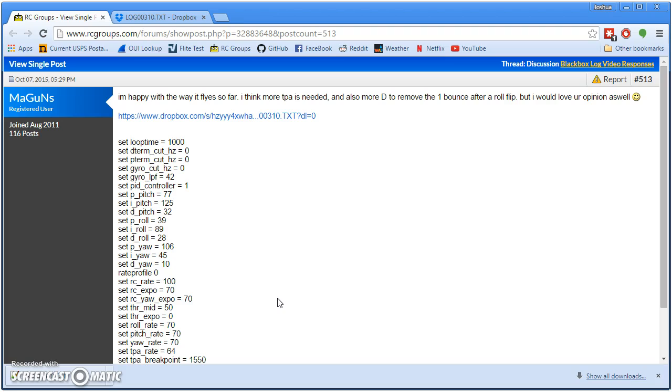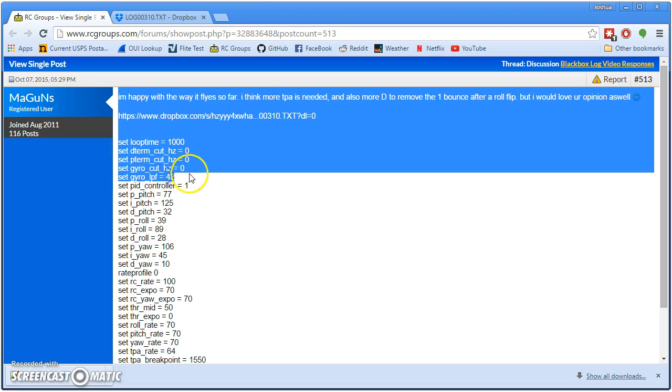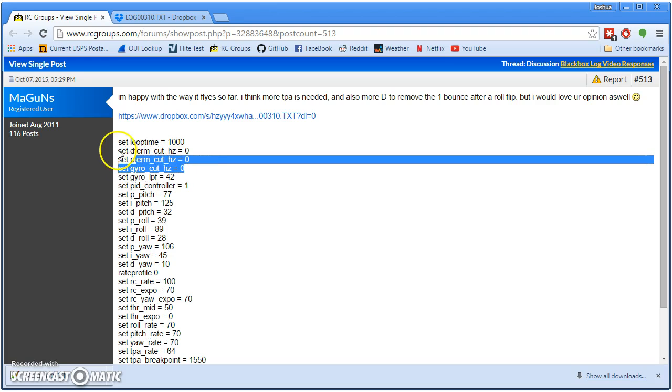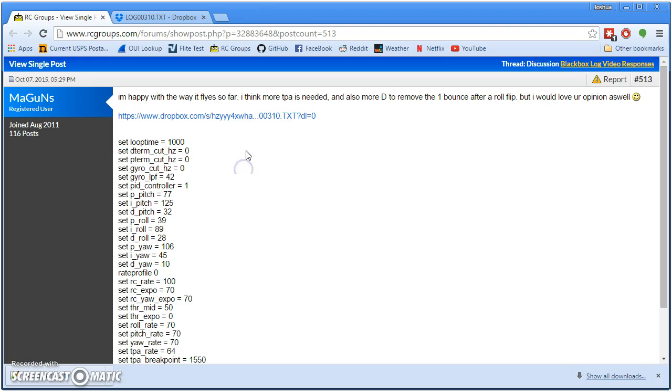But I have to say that even if you want to leave your gyro LPF at 42 and your soft filters at 0, you should really add some D-term cut filter. The P-term and the gyro are a little harder to tune, and it's harder to find the sweet spot where you're sure you've made it better. But D-term needs low pass filtering so badly that everybody who's running 1.10, if you do nothing else,